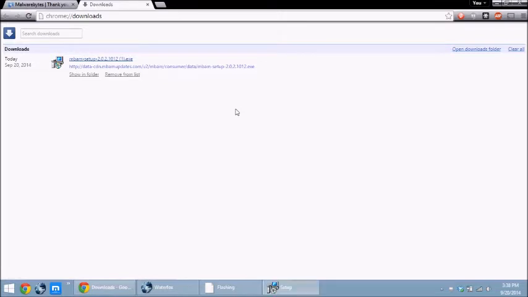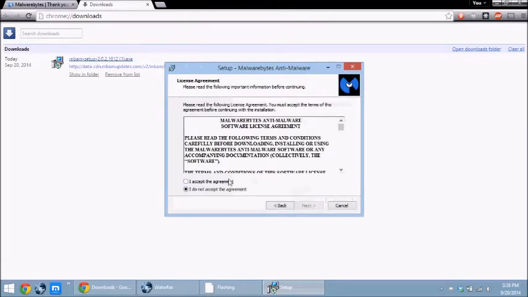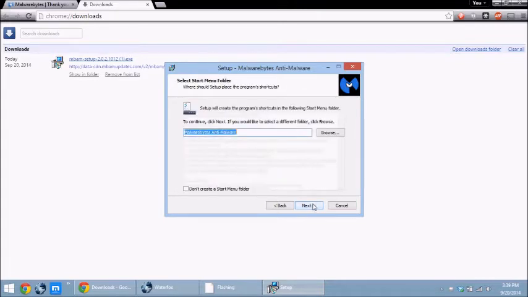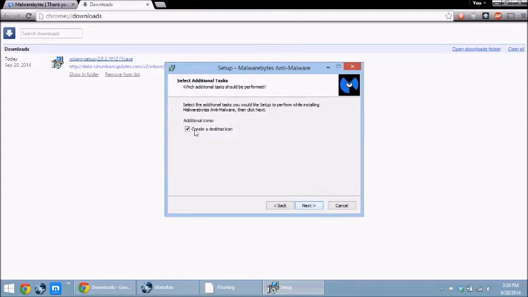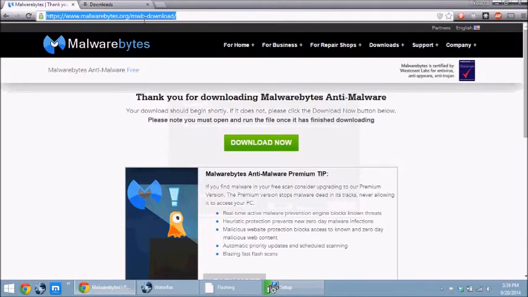It's going to install Malwarebytes. English, that's good. Click next. I accept. You don't actually have to click the circle button there, you can just click over the top of the next button, just as high as it is. That'll save a little bit of time. Next, next. I want to start a folder, so next. Create desktop icon, might as well. Next, and install. And while that's installing, I'm going to go back to Google